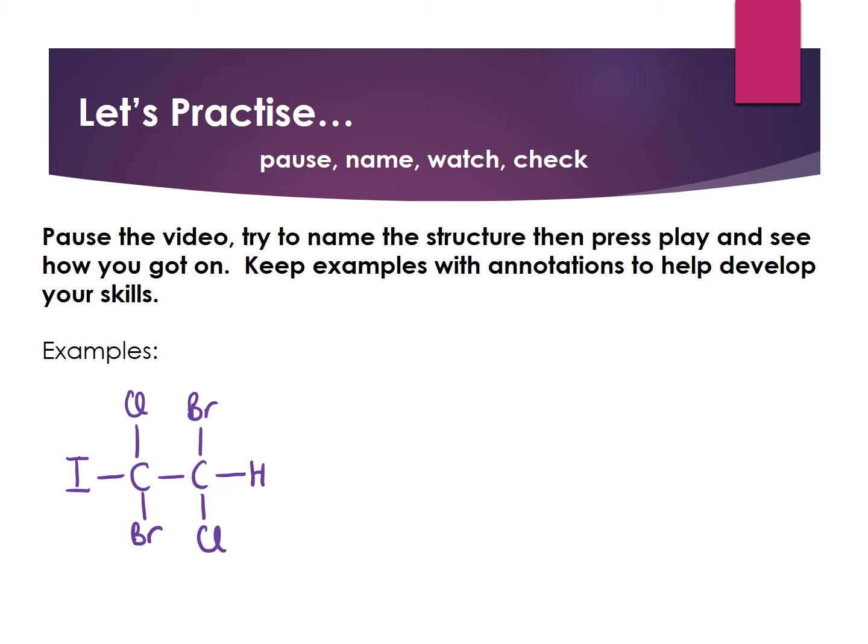So this time 2 carbons in the longest chain, and then we've got Br and a Br, an I, a Cl, and a Cl. We better call this one carbon atom number 1, this one carbon atom number 2, so that we've got 3 number 1s and 2 number 2s in the naming. So this then becomes 1,